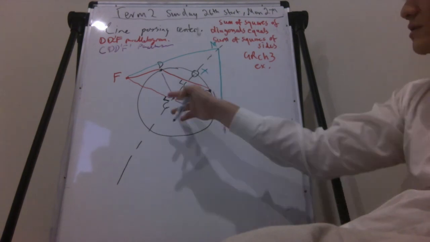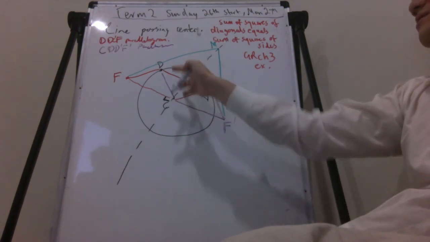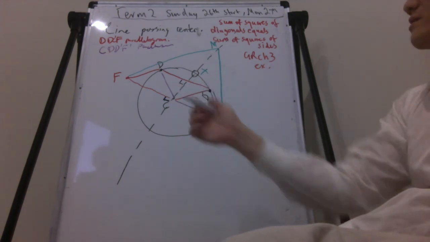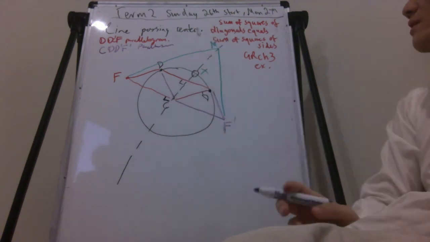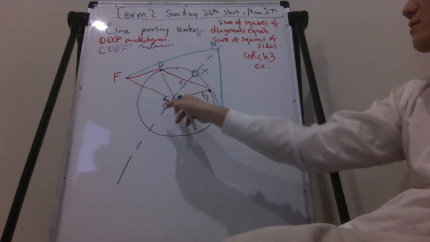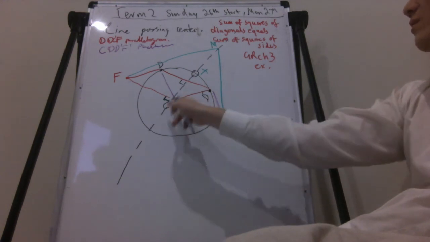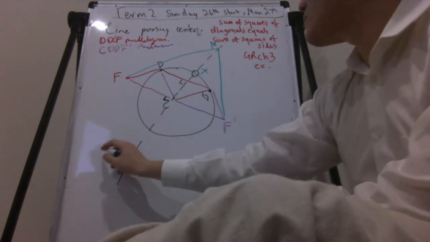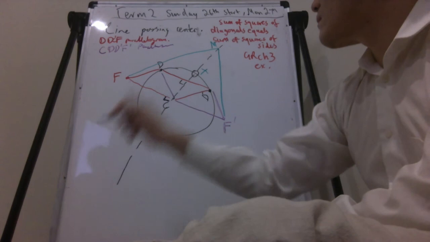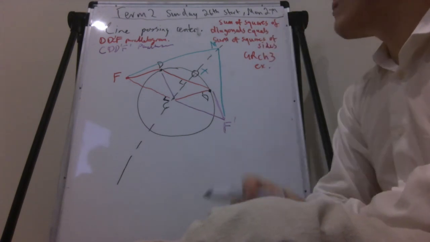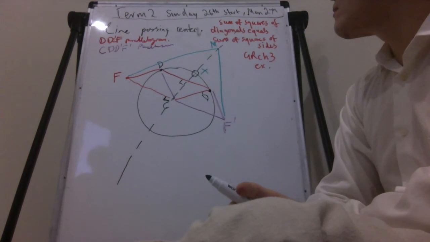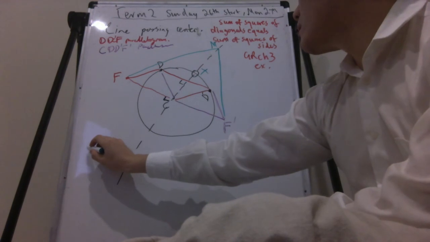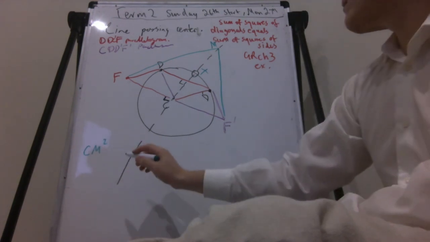Okay, so can you see that the distance from the center to X is the same as the length of one of the sides of the parallelogram, right? And the distance from the center to M is Pythagoras, yeah? So let's have this CM squared plus